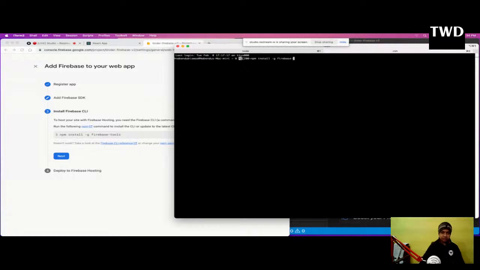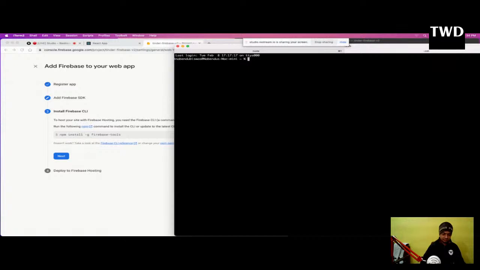Okay. Let me paste it by hand only. I have to get used to this. npm i -c firebase